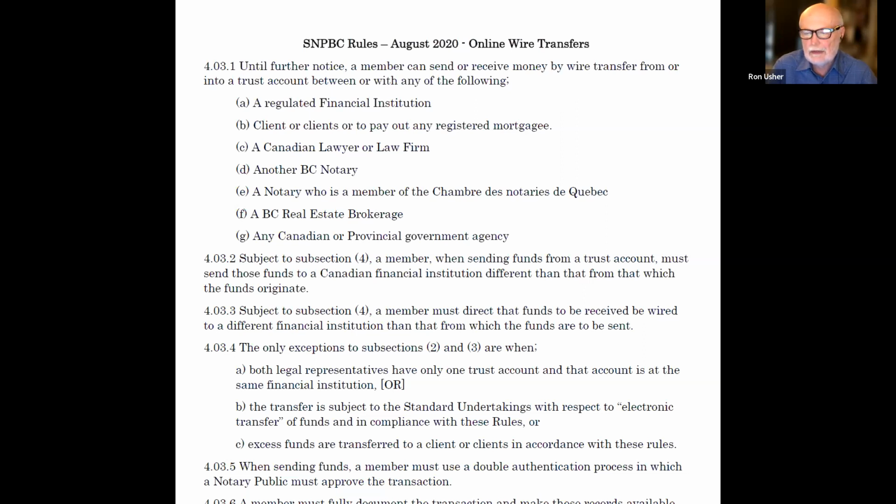And just to highlight, the intent of these was to be permissive, to allow you to do it. And I know just from my experience that some of you have enthusiastically adopted electronic transfers just because it's easier, or maybe, I know one of our members, the only bank in town closed down. So it was just very difficult. Others, of course, have been very resistant and concerned about the extra effort, and cost, and trouble that it might take.